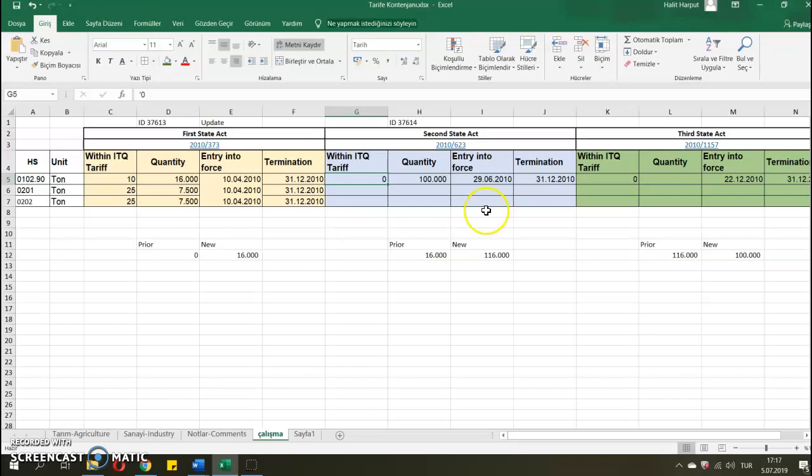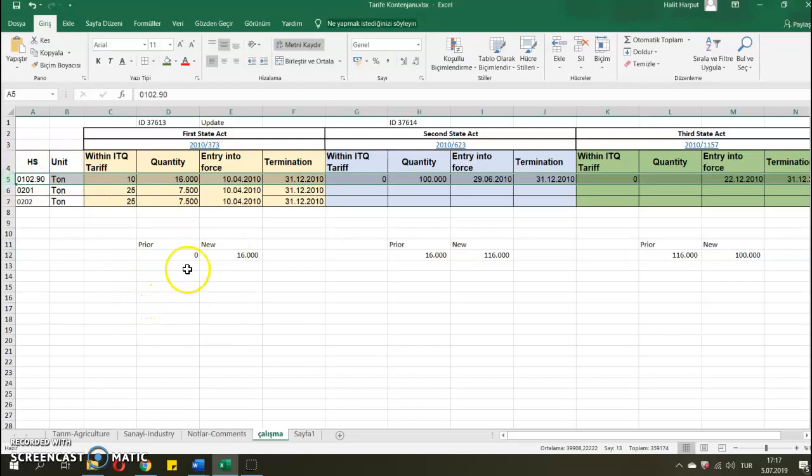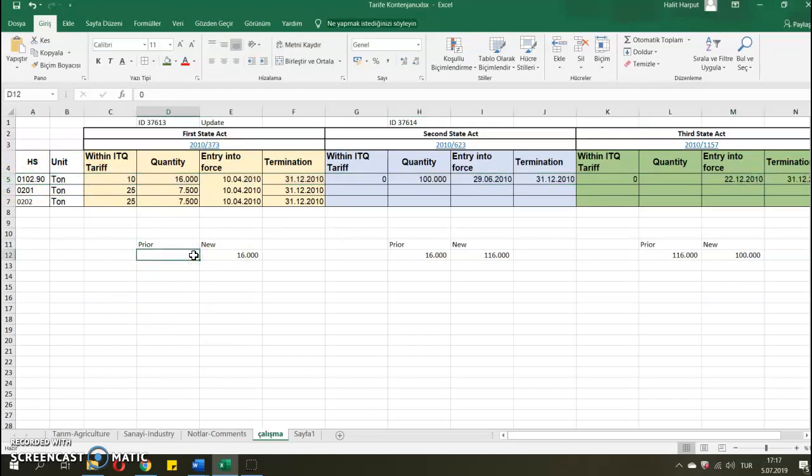I have one more question. This is about the prior and new levels. Let's ignore these different in-quota tariff rates for a second. For example, here, our prior level for this tariff line is 0%, and the new level is 16%. Here, when we come to here, our prior level is 16%, right? And the new level is 100,000 tons, so it is 116,000 tons. And with this state act, at this date,